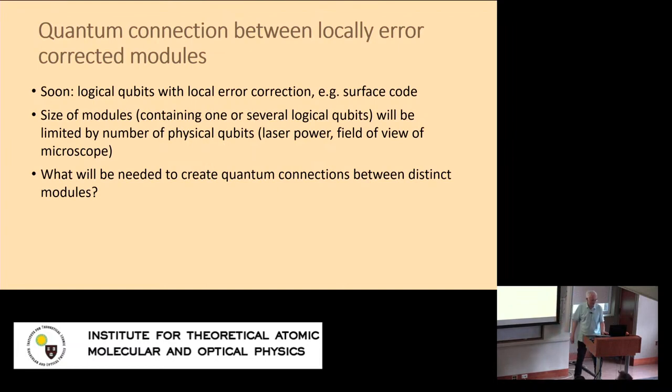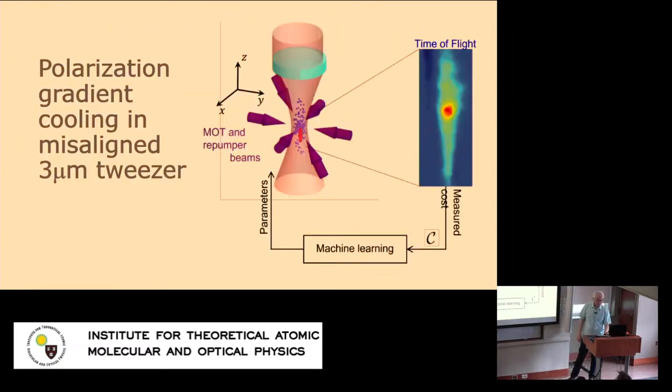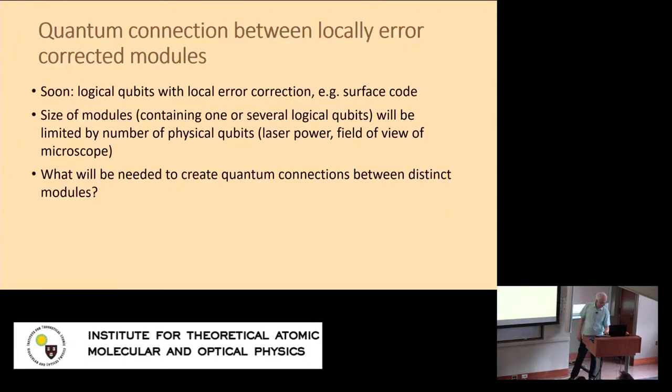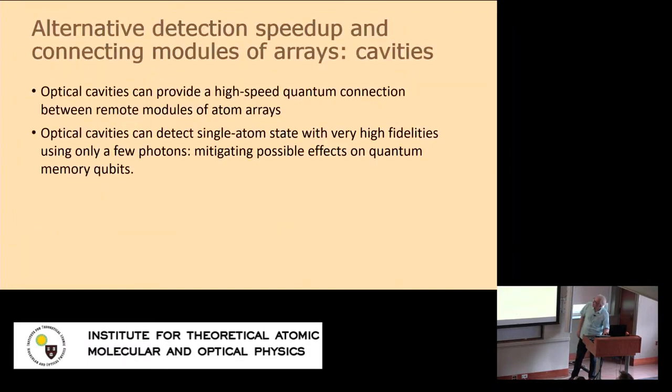And so we'll have, as a field, to think beyond that. And the most natural way to think is in terms of modules. We have these modules of, say, 100,000 physical qubits. Is there a way now to make an even larger system by truly quantum connections and not some classical connections? And what will be needed? And so we looked particularly into a way, which has been around as an idea in the community, which is to make Bell pairs between, say, two modules and then weave them in via local quantum error correction. And we think that's a good approach. Somehow my slides are out of order, I'll come back to this.